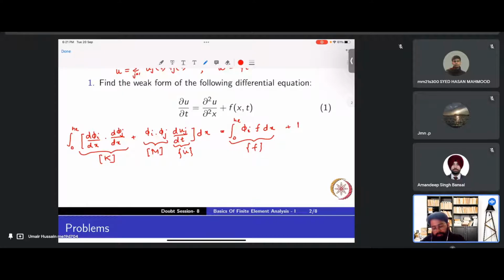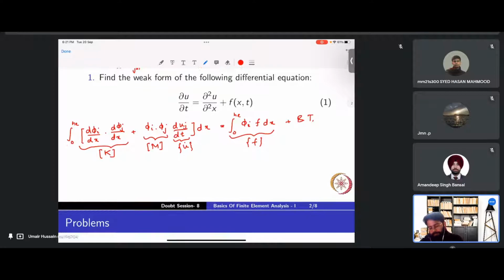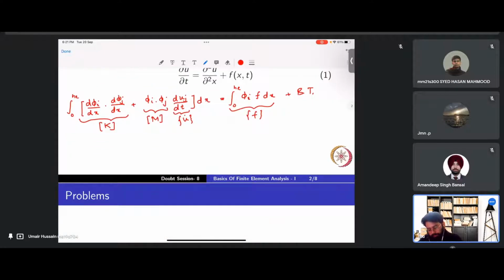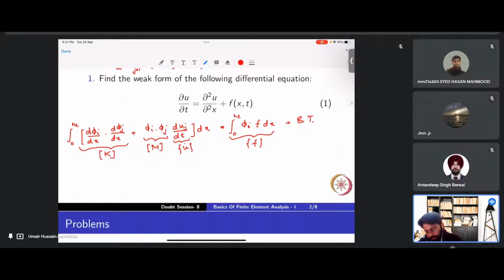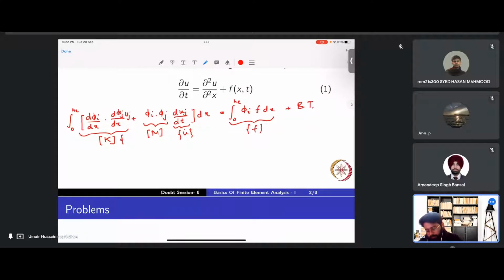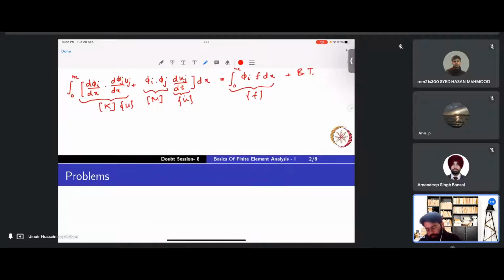Plus if we have a boundary term, that would be included here. I'm sorry, I missed the uj term here. So this would give us,